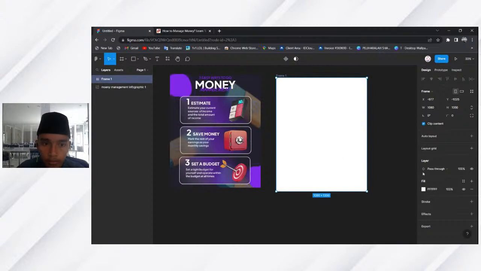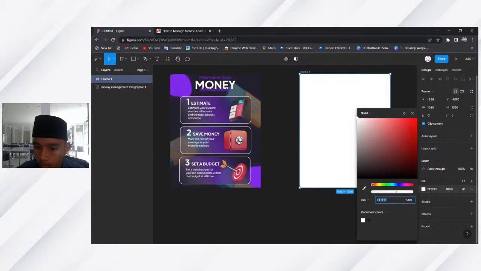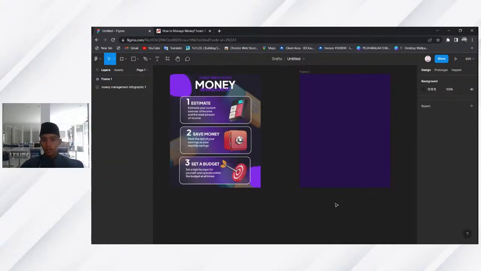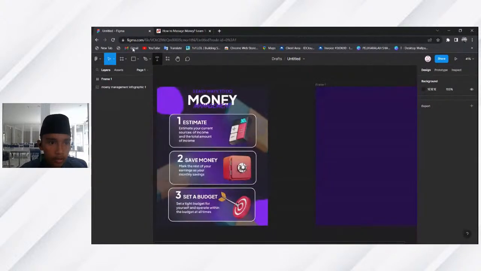Now change the color of the background to a dark blue like this, or make it a little bit purple like this. And then we're going to make this kind of shape. So here's how to make it.